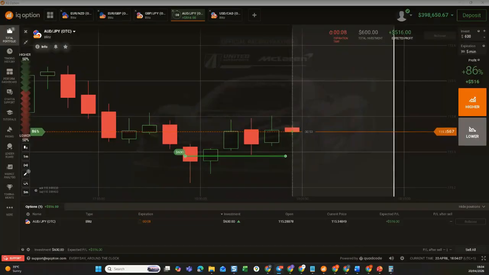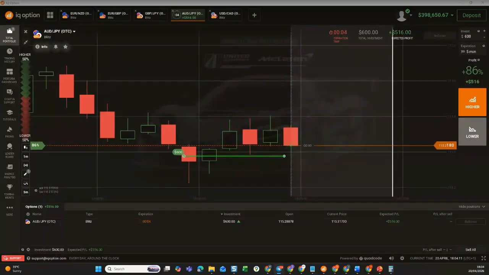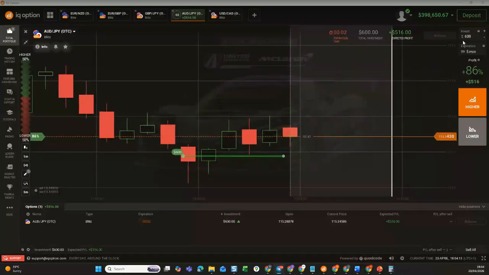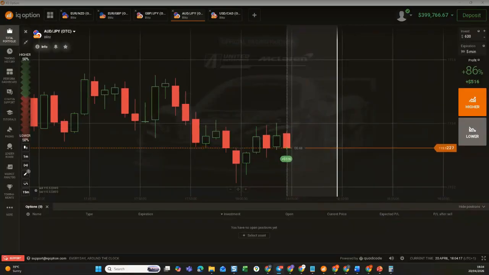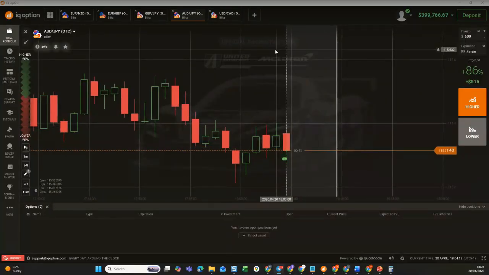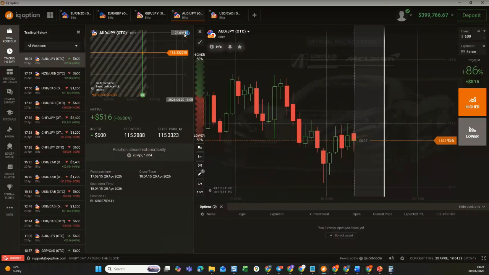Anyone, we're still here. We have 8 seconds to go. 6, 5. Okay. Nothing to be worried about here. AUDJPY also, we secured this on the first entry, and we have it 500. Wow, that makes it